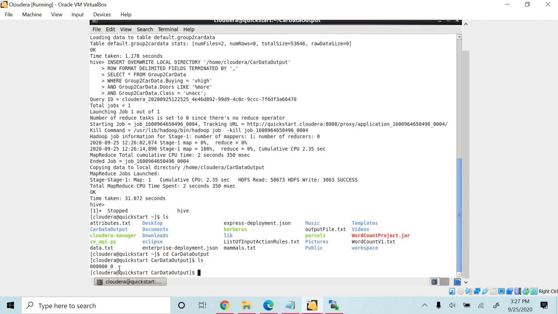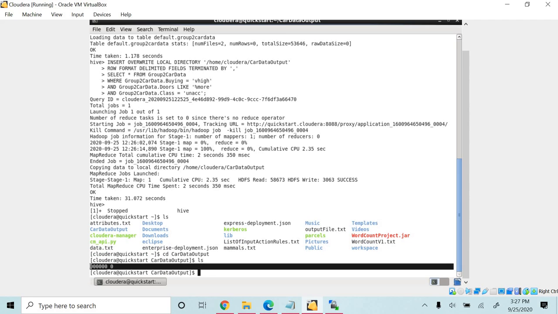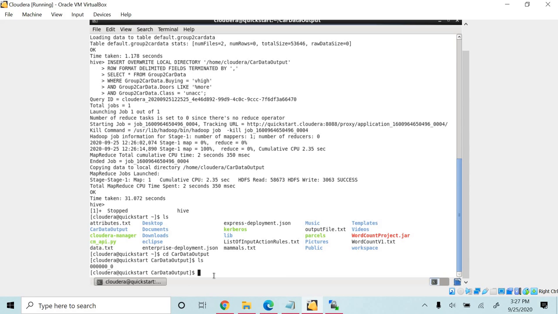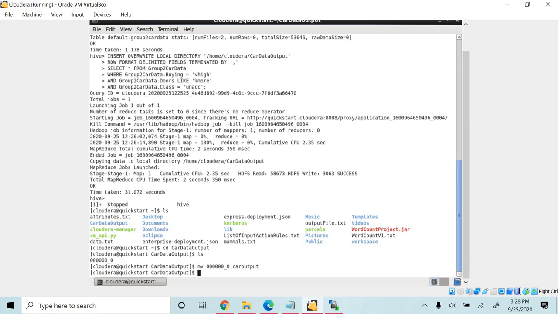Now here we can see the file with the name 000. This is the output file, and let's rename this file to car output. So let's check.